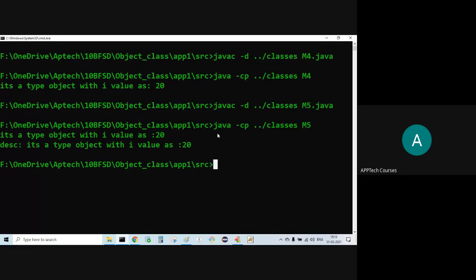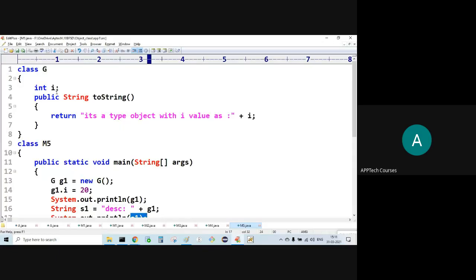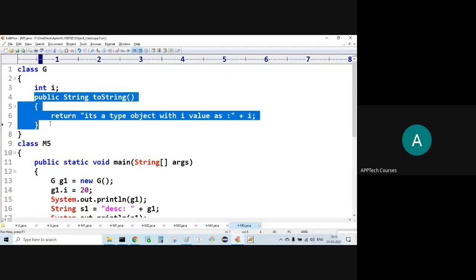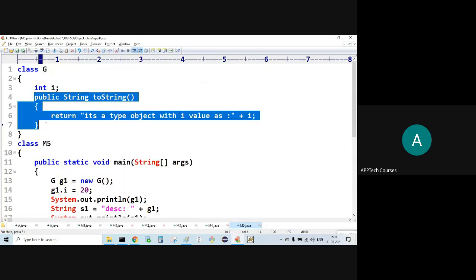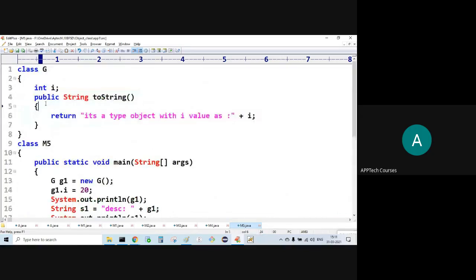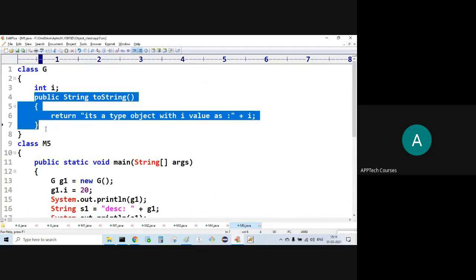In the initial case also we are getting the same thing. Why? Because of toString. g1 is internally calling toString. Why? Because I have implemented the toString. If I don't implement it, what happens?